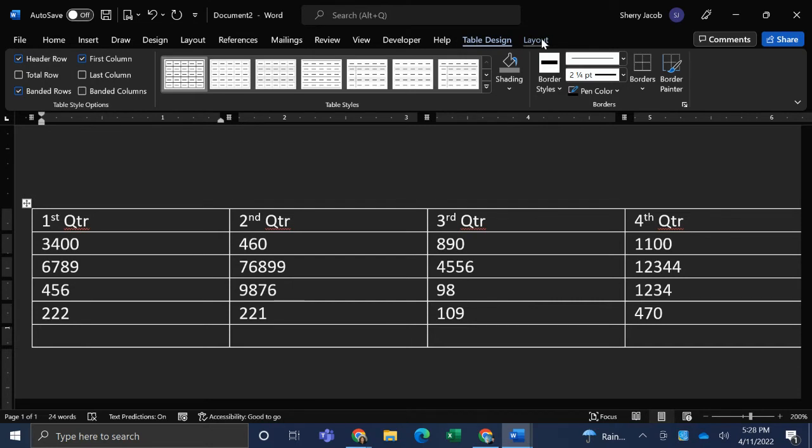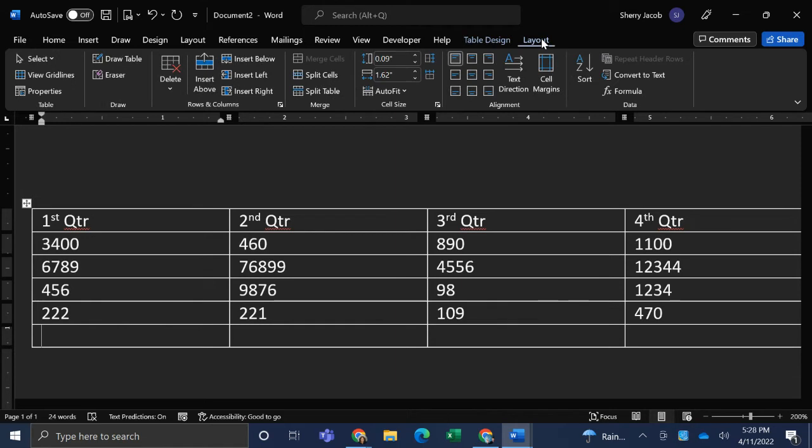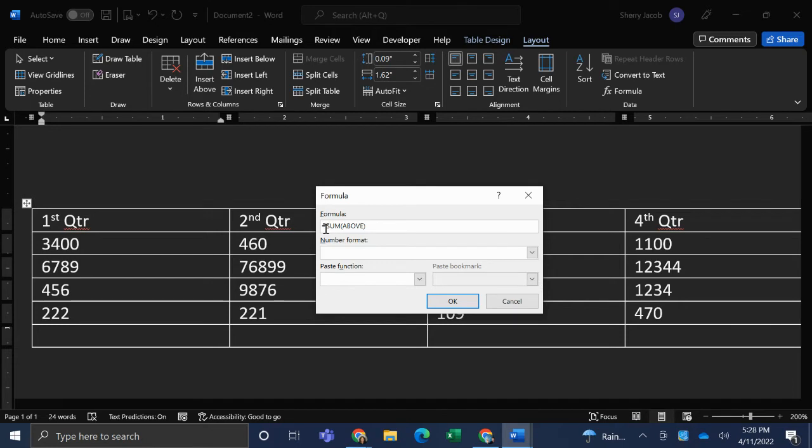So I'm going to click on Layout. I'm going to go to the Layout tab. And over here in the Data group, I now see Formula. Okay. So if I tap on Formula, do you see how it automatically puts a formula there? And it says equals sum. It assumes that I want to sum, right? But I could also do an average if I wanted to. So I could get rid of sum and type in average and leave that above in parentheses because that's the system detecting numbers